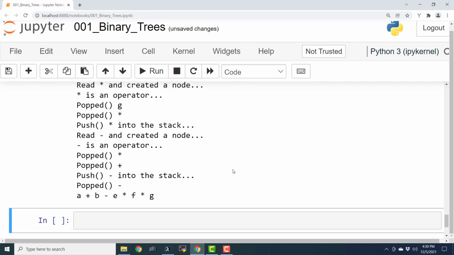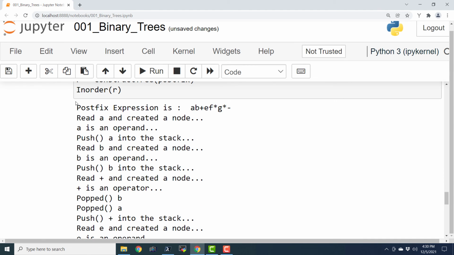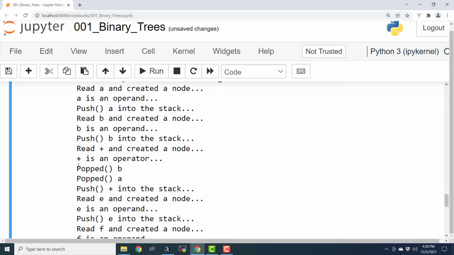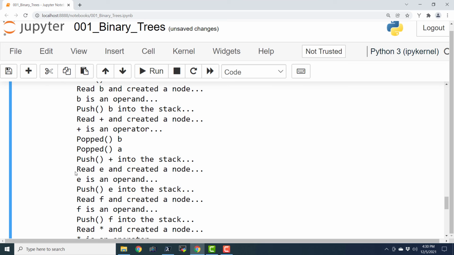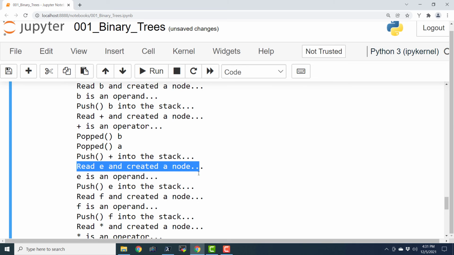Okay. So here let us go step by step. Read A and created a node. A is an operand. So push A into the stack, then read B and created a node. B is an operand. Push B into the stack. Now read plus and created a node. Plus is an operator. So that's why we popped B and we also popped A. And we pushed this plus into the stack. Okay. And then we read a character.